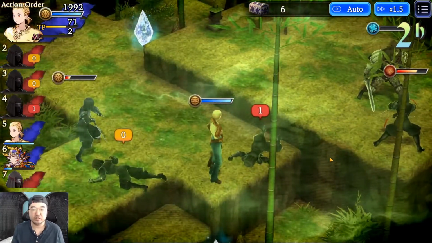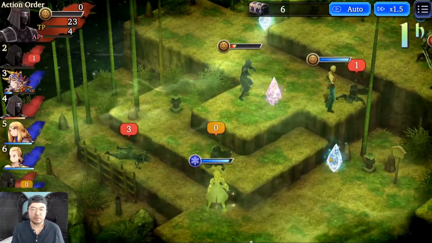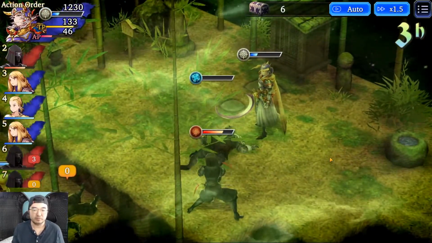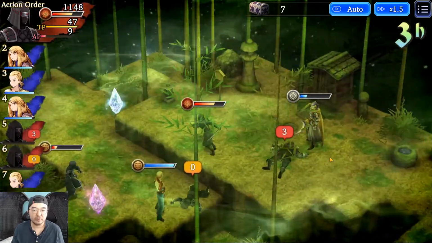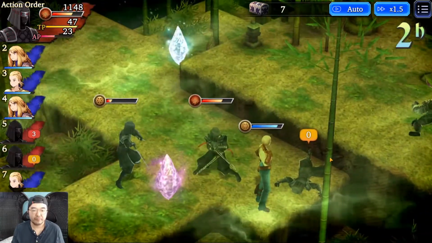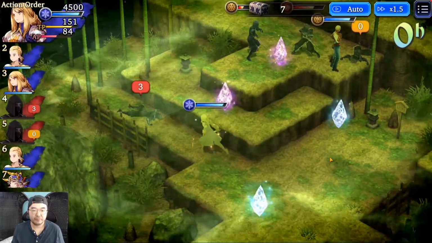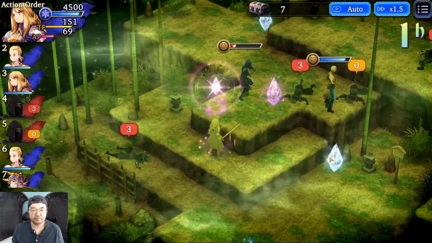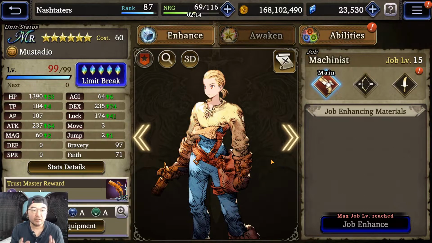Okay, as you can see, that was his... Well, no, that was just the Esper. I probably should have removed the Esper. That was not very good damage. And that's it. Alright, now that you saw him in action a little bit, in the future I'll probably be doing